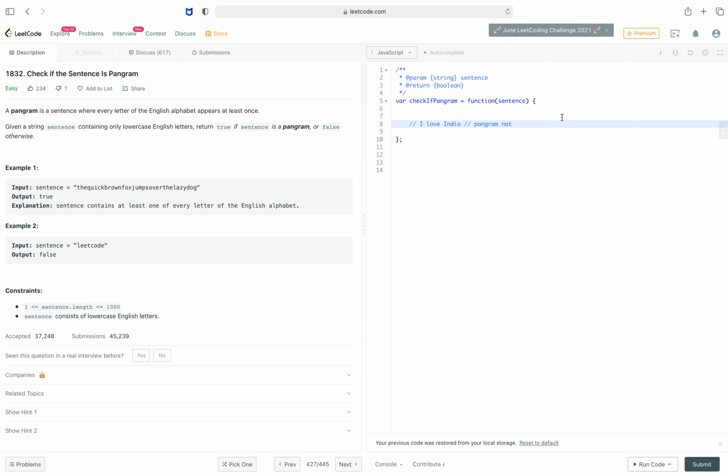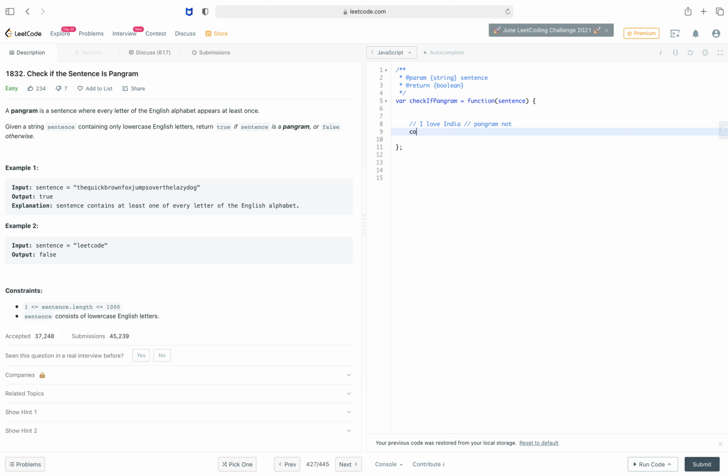Now move on to coding, so that we can prove via JavaScript whether the sentence is a pangram or not.